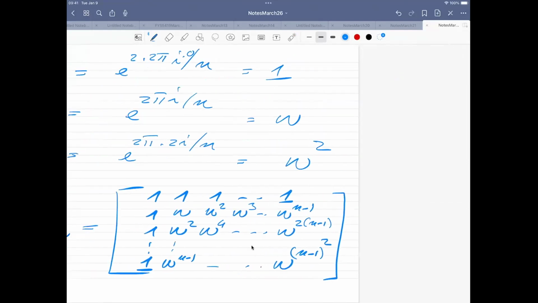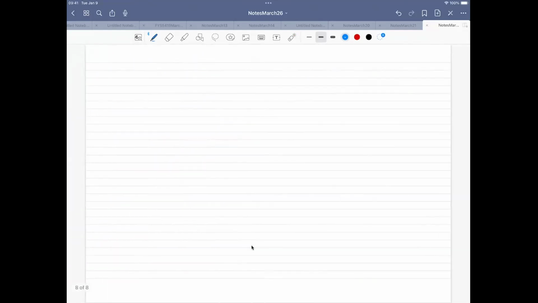So I'm going to give you a small exercise, which I guess everybody can do in a break here, unless you want to have a break. So the exercise is to find